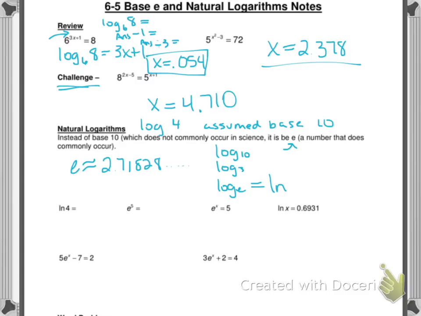So to do these problems, they follow all the same rules as logs, except the base is just 2.71828 and so on, instead of being base 10 or base 5 or base 6. So in your calculator, to solve one like this, you would just hit the ln button and the 4. So ln 4, and you would get 1.386. To solve this next problem, you would use the second natural log button, which is the E to the x button. And so second natural log, and then you'd put 5 in for x, and you would get